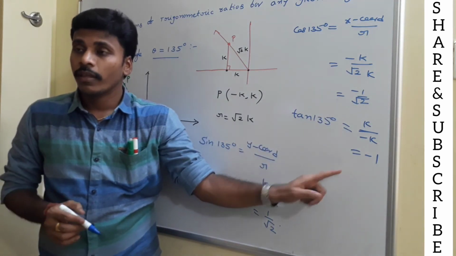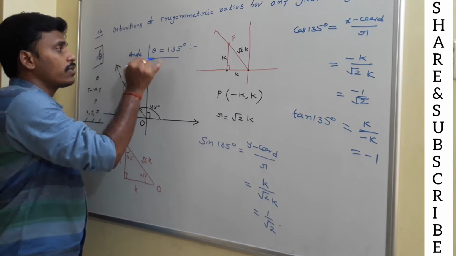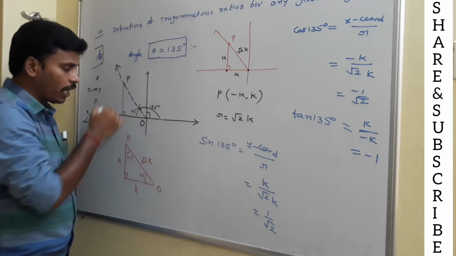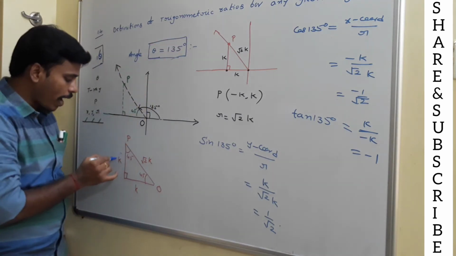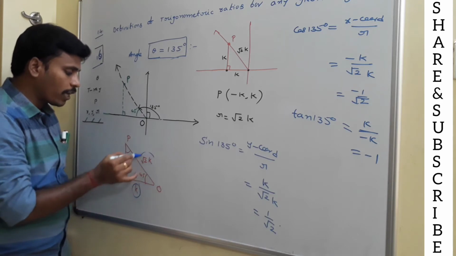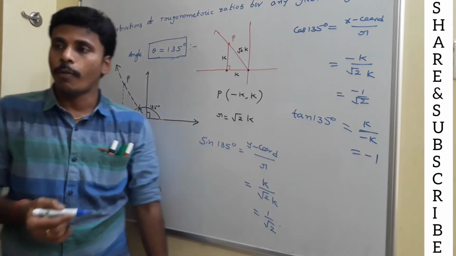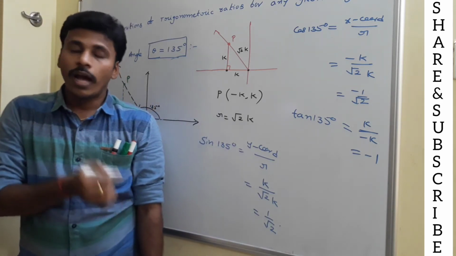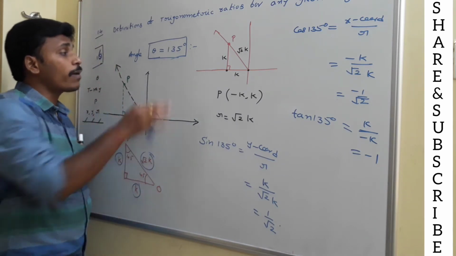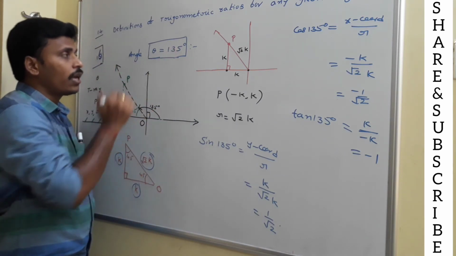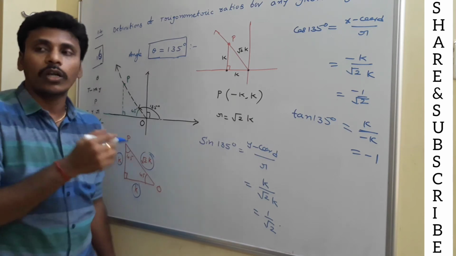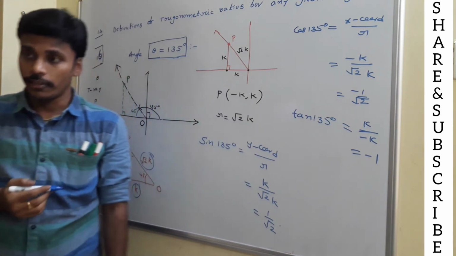So, like this, if the angle is comfortable for us, then we can frame a triangle, and with the triangle you need to identify the sides ratio from the given angle, and then we find the trigonometric values. And now look here, suppose my angle is not 135 degrees, but 140 degrees, what to do? That's a big question here, right?